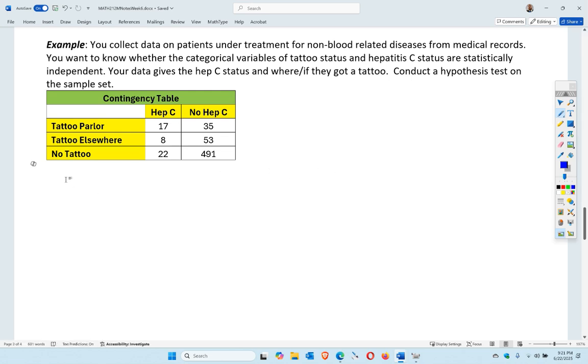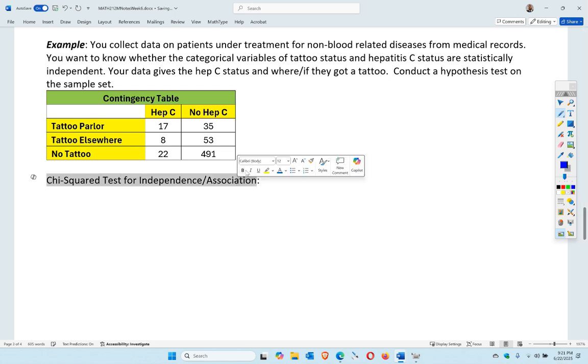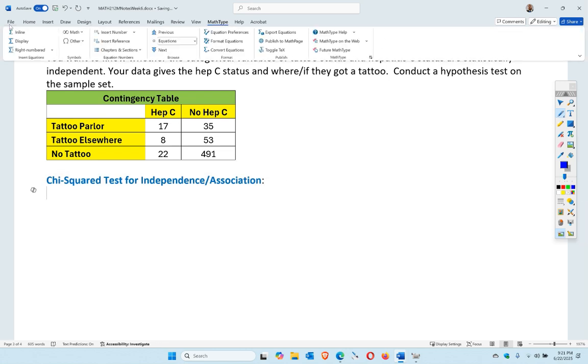So we're going to conduct a hypothesis test. So this is a chi-squared test for independence. So that's association, I guess. People vary on what they call it. I think this book uses association, but that's fine. Okay, so our hypotheses,